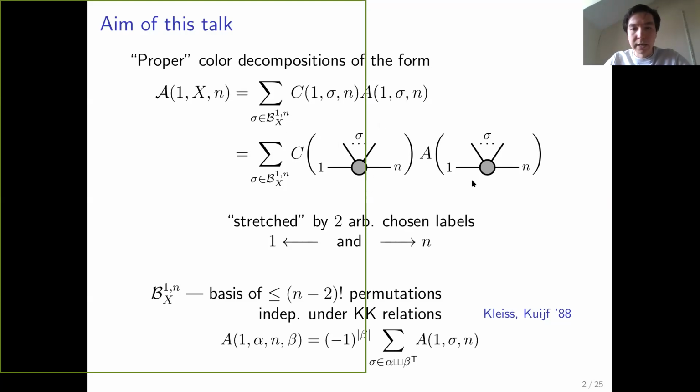And I describe this kind of decompositions as being, by definition, I want to always fix two particles, here 1 and n, to be next to each other in the color ordering. And this is allowed by the KK and Kleiss-Kuijf relations